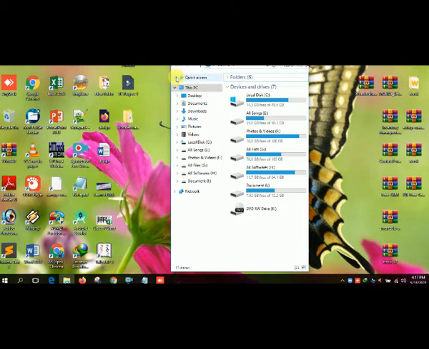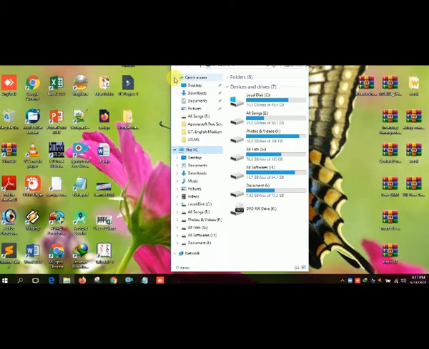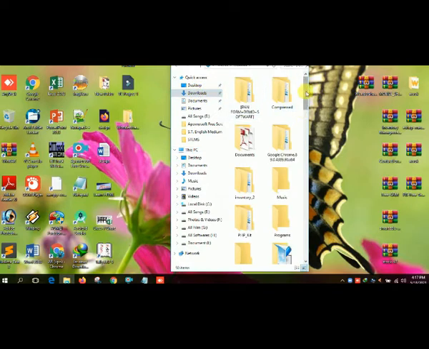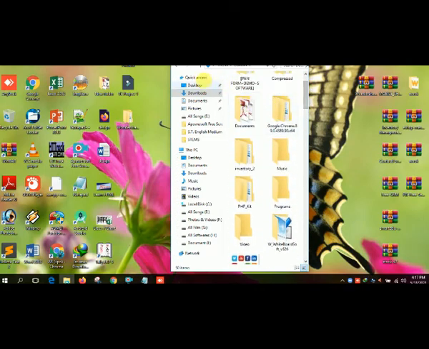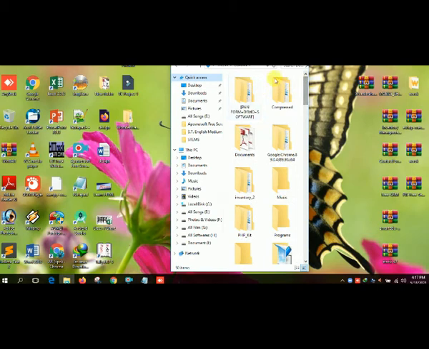You can see Quick access. This tool is used to check all frequently used locations and consists of shortcuts to those locations. You can easily use it. Desktop, Downloads, Documents, and you can easily find where my Documents folder and my Downloads folder are. You can double click on the Downloads folder and see my downloaded items. So Quick access helps us easily find files and folders on our hard disk or computer.